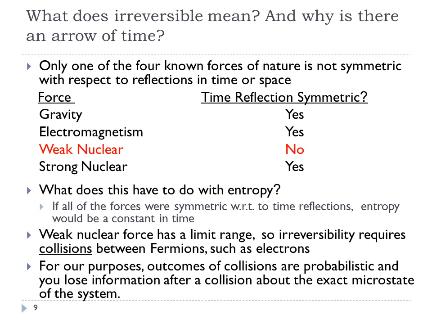weak nuclear force. So the way to think about this is that for our purposes, the outcomes of collisions are essentially probabilistic, and you lose information about the collision after the collision. So there's no loss of information until they collide. So it's that irreversibility has something to do with collisions, and we can think of it the way that